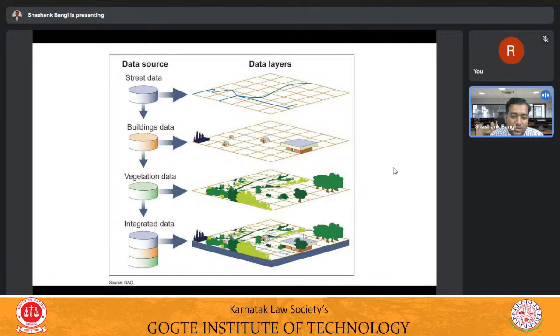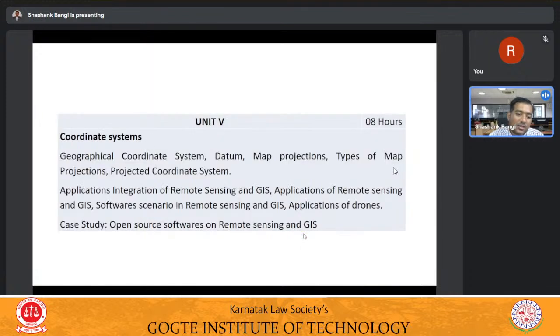So once you all are familiar with remote sensing, aerial photogrammetry and geographical information system, finally you are going to learn the integration of all these things, because to create a map we need to integrate all these things, then only we can create a map.